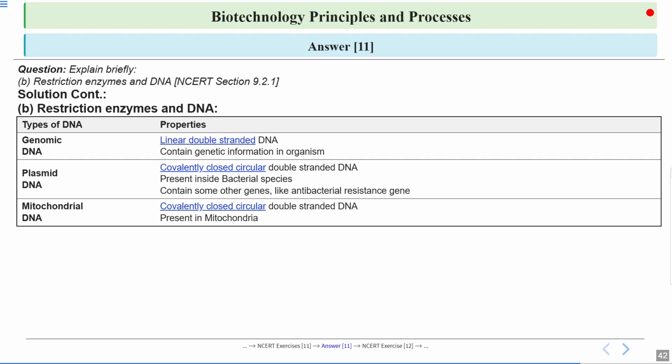Mitochondrial DNA, covalently closed circular double-stranded DNA present in the mitochondria. Right, mitochondria and chloroplast, they also contain DNA. So there is a mitochondrial DNA in which these small circular DNA are present. Right,